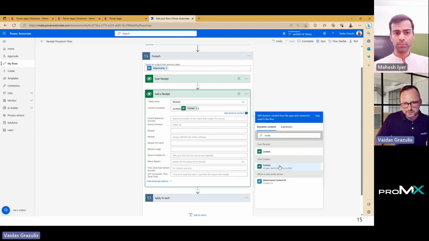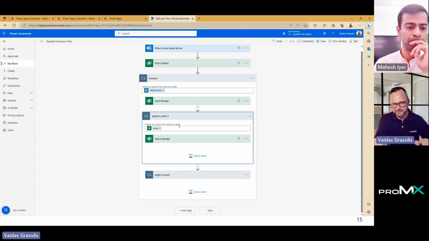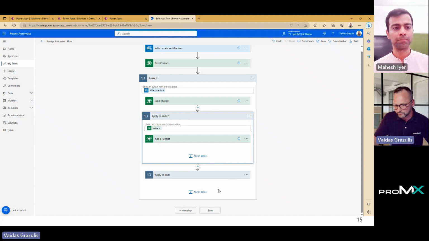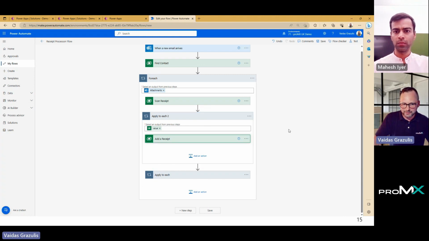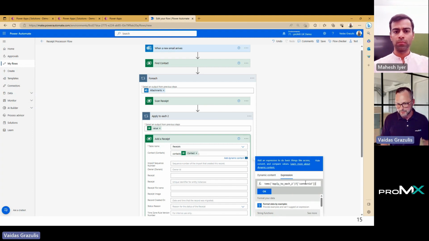Right, so this will bring it into another for each loop simply because our find contact step will return us an array of items. Again, exactly the same process as we saw with the received items. So I could leave it as it is, knowing this is going to be only a single loop, or I can quickly change this process and write the extraction out of it. Okay, I know. Sorry, my bad.